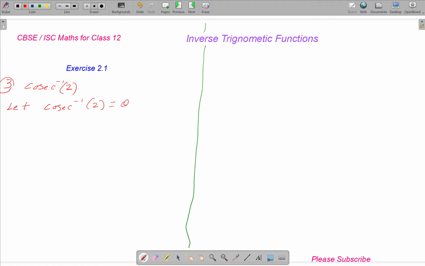We can also write cosec inverse 2 is equal to theta, and according to principal values,